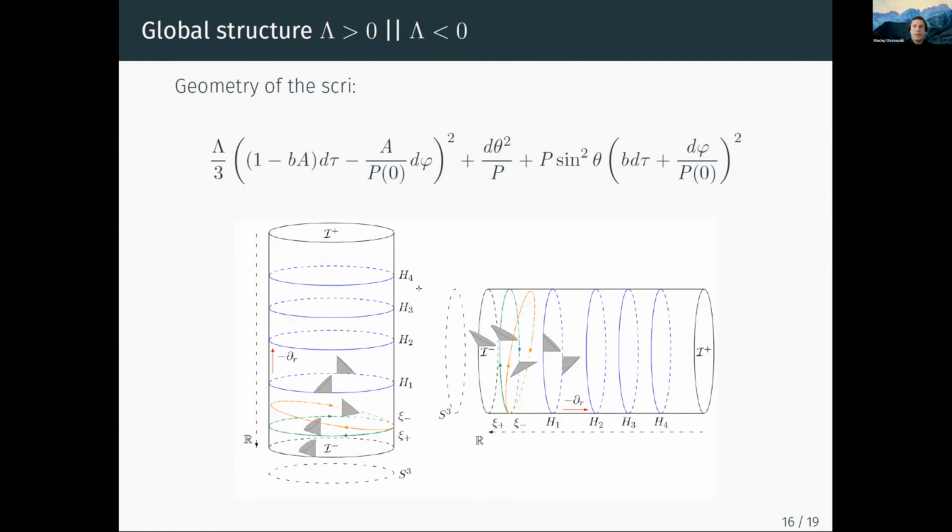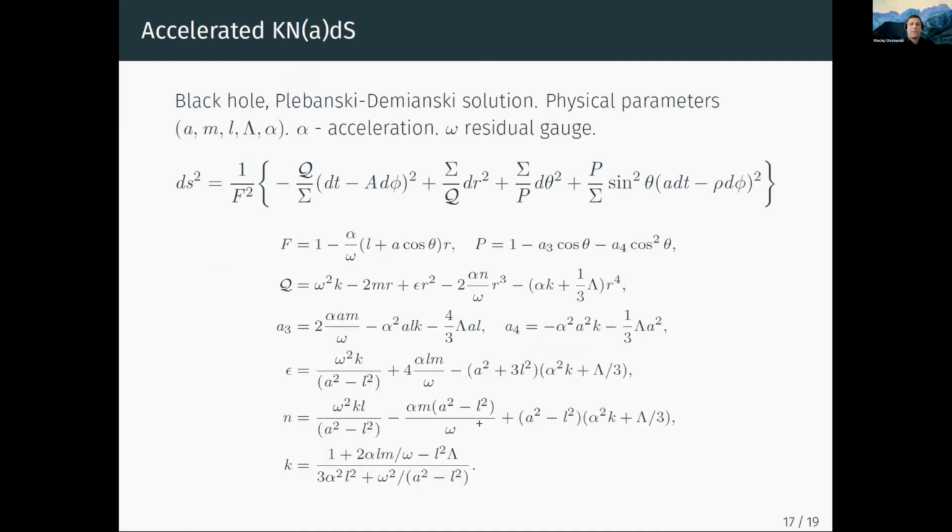Well, maybe I won't talk about the global structure because it's all derivative of what I said, but we can have some nice pictures to represent it. I would rather briefly mention that the same procedure can be applied to the most general vacuum, lambda vacuum type D solution, which are a subfamily of Plebański-Demiański family of solutions in this form devised by Podolsky.